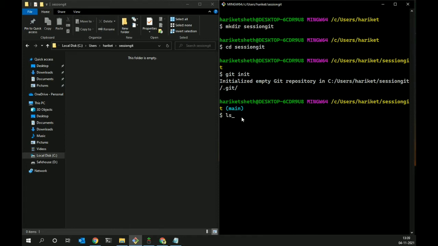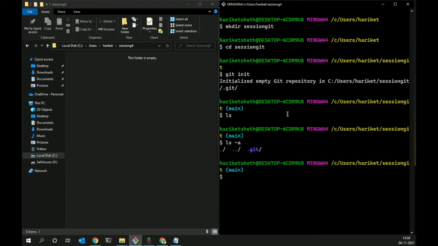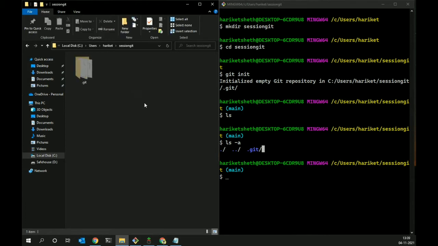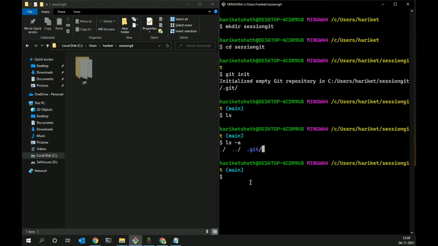Okay, you can type ls and check. Obviously it will not print anything because on the left side we can't see anything. But if I do ls -a, it will show me everything inside that folder which is hidden also. Okay, so it shows me hidden files. Now you can see .git is a part of this folder. Now to view that, on the left side I will click on hidden items, check the box of hidden items, and you can also see that on the left side. So there's a .git folder present inside that.